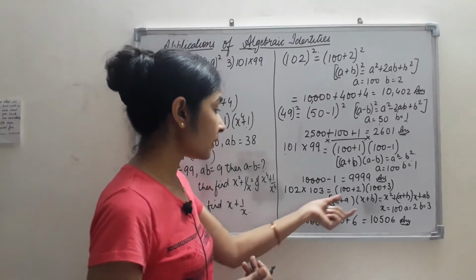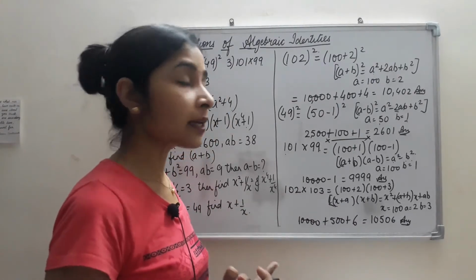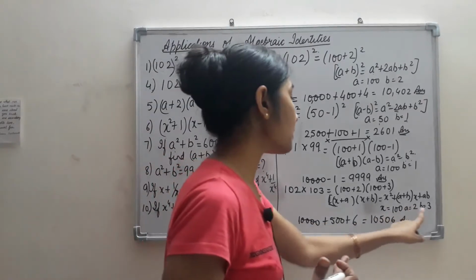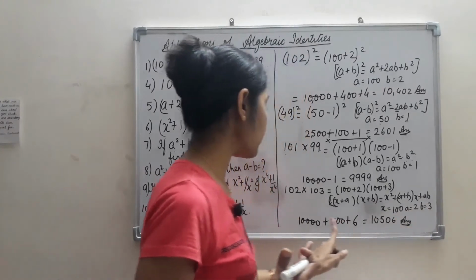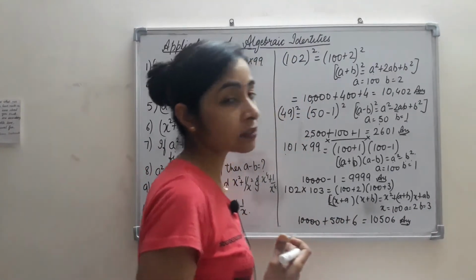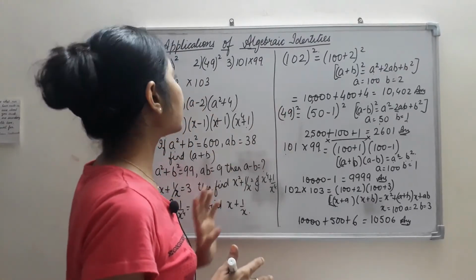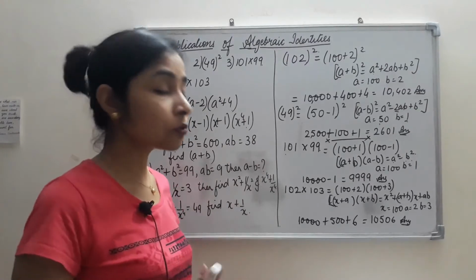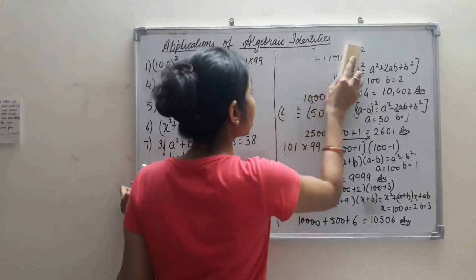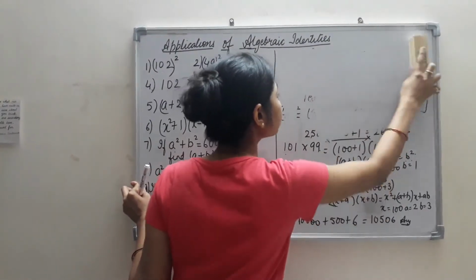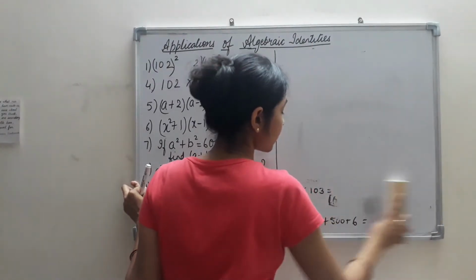So we did the square of x and then added a and b and multiplied x to it. So 2 plus 3 is equal to 5 into 100 gives us 500, and then the ab, that means 2 into 3 gives us 6. 10,000 plus 500 plus 6 gives us 10,506. So these are the applications of those identities that we have already read, that how we can use it in multiplying the large figures. Okay, now let us see other applications when we are given in a bit complex way, how to judge that where we can use the identity.